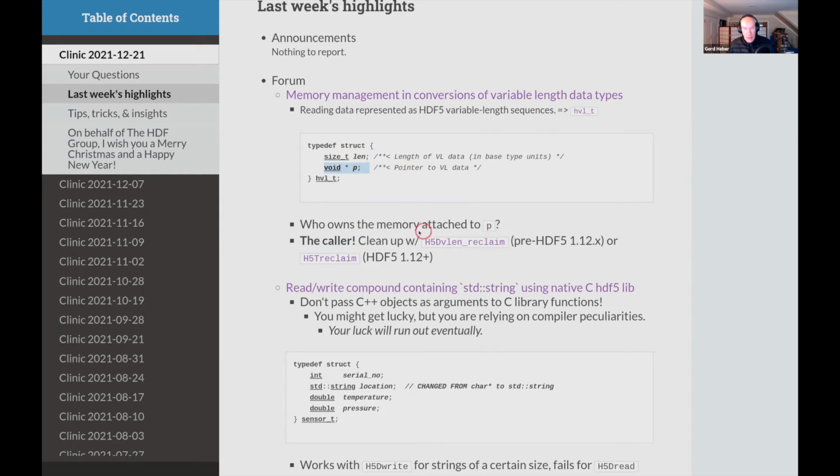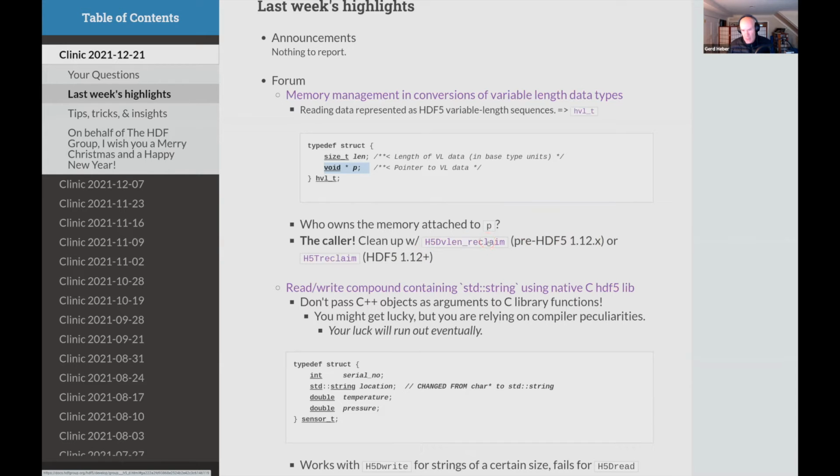In the HDF5 API, there are two functions, and there was a slight shift between the pre-1.12 HDF5 library versions and HDF5 1.12 and higher. In pre-1.12, there is a function called H5Dvlen_reclaim.